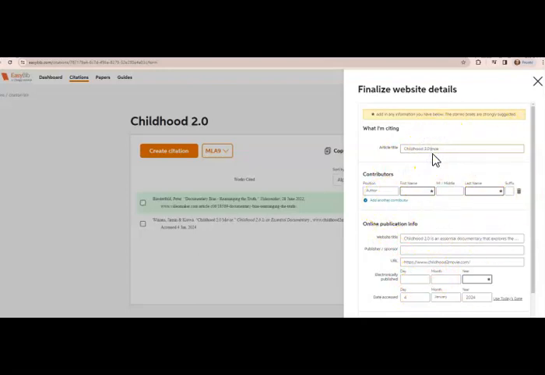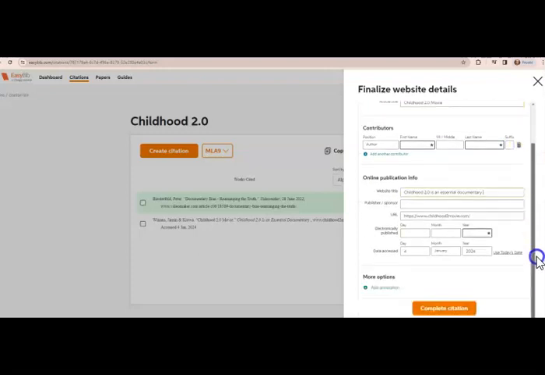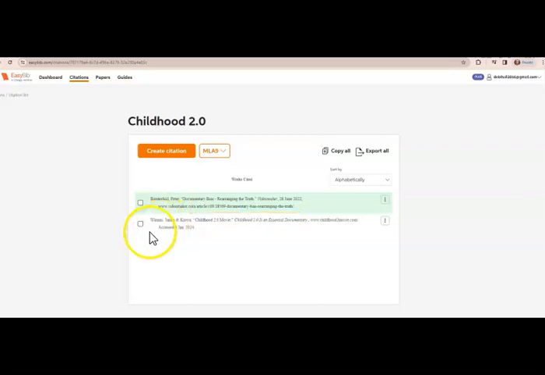I need to capitalize this title. I'm going to make this website title a little bit shorter. The reader knows that the reader can find this entire documentary here by following the URL. I just need to fill in the creators, and then as soon as I've done that, I click complete the citation. I've done that, and here is that citation. These are the creators, the Winans, and then we have the remainder of that citation.